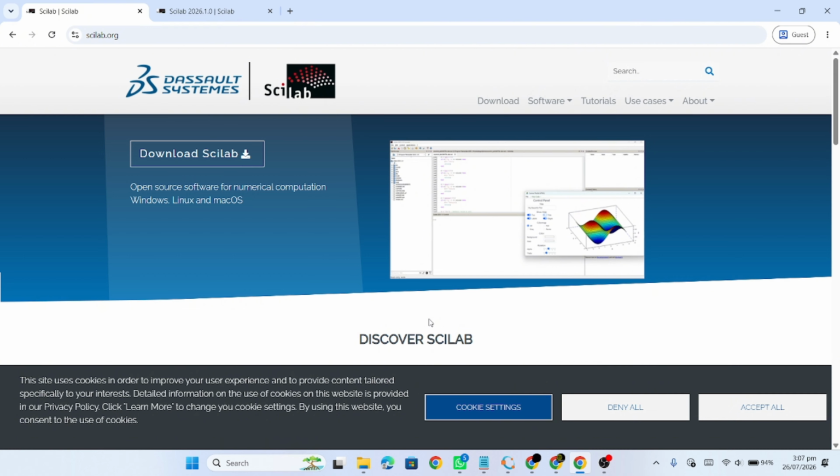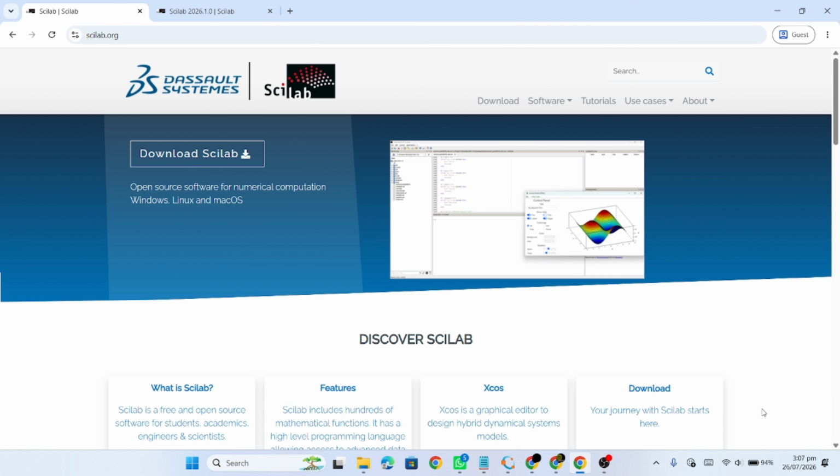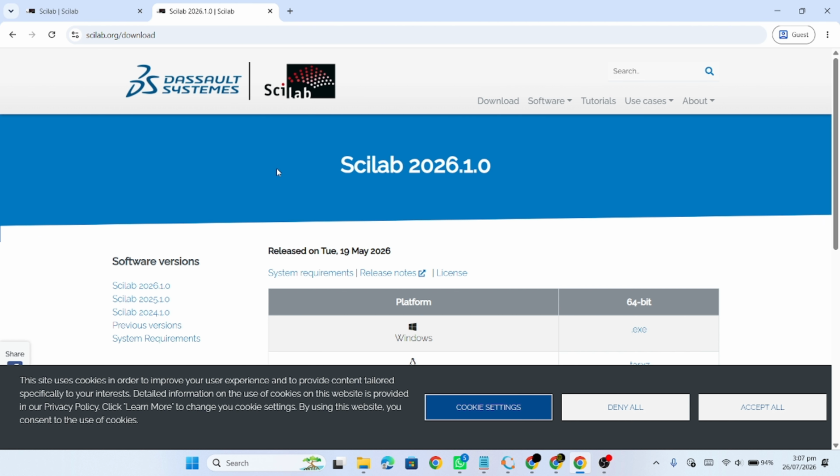So when you open the website scilab.org for the first time, I will try to put the link in the description. Then you need to click on accept all cookies, and after that this is the download Scilab button. Click on it, or otherwise you can click on that one. Then that web page is open, the Scilab